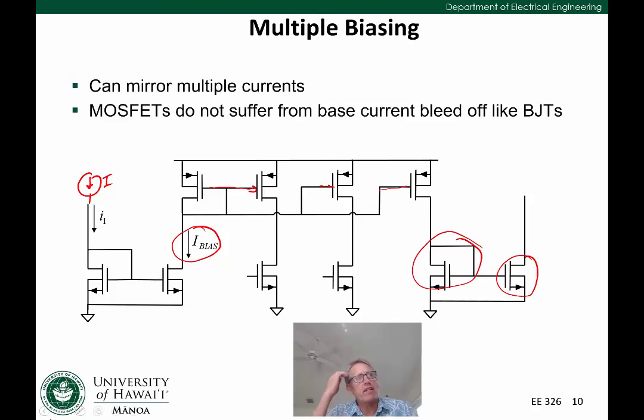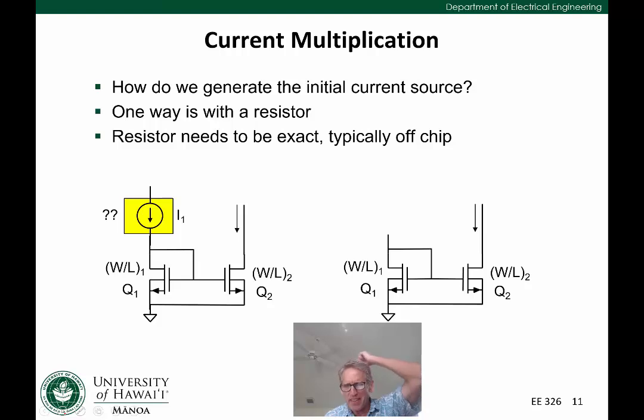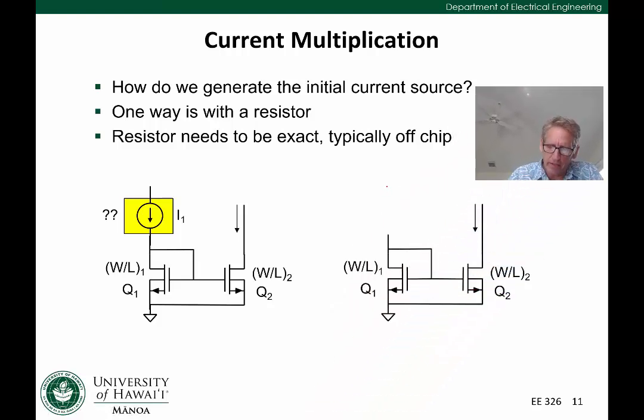The last thing I want to talk about in this lecture is, where does this current source come from? How do we generate that initial current source? Until now, I've just been writing it as an ideal current source, and as you know, ideal current sources are not possible. We can't actually make one. So what do we do here? One way we can imitate a current source is by putting a resistor in. So if we put in a resistor, called R, connected to VDD,